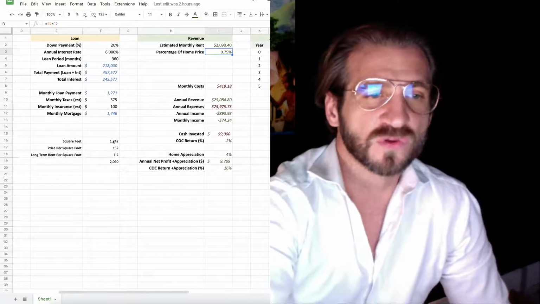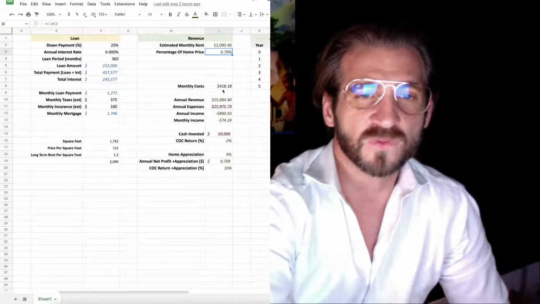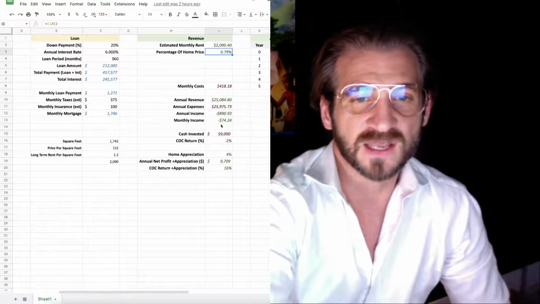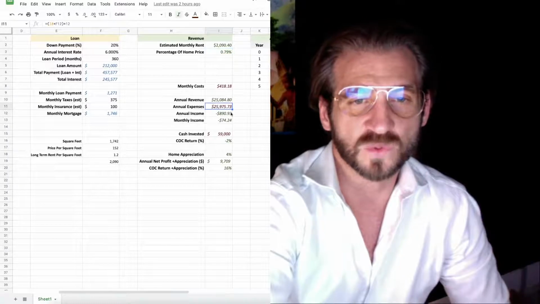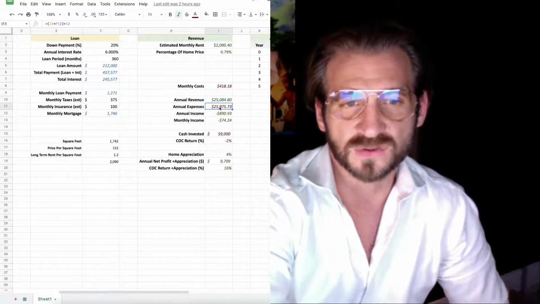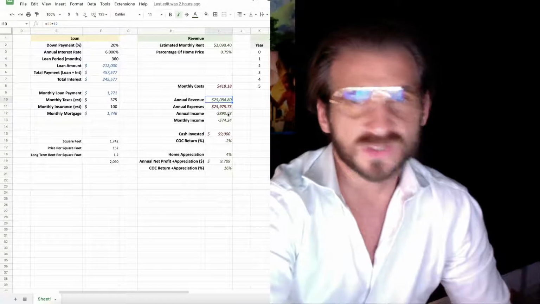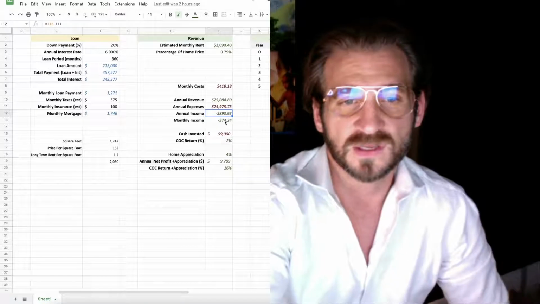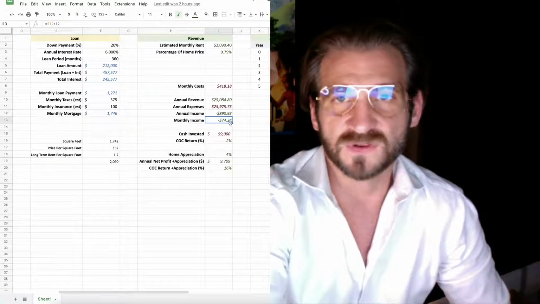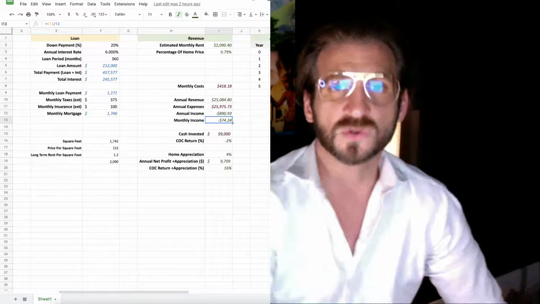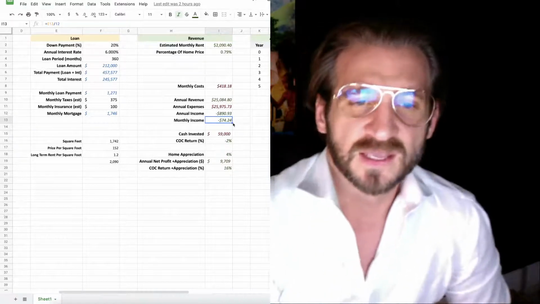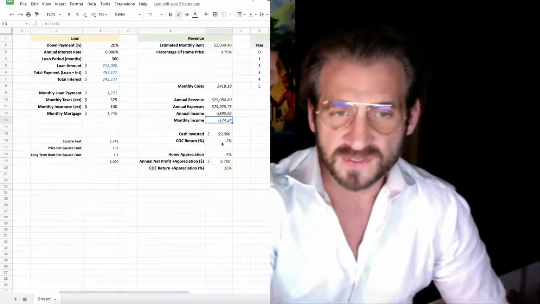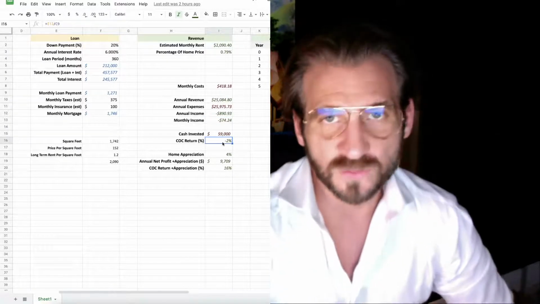And then if you throw in that $1,746 on top of that $400 a month you're having to pay in monthly fees, then you're looking at an annual expense of almost $26,000. But your revenue is just over 25, so you're actually almost losing $900 a year, or $74 a month, is what you'll be losing in money. And if you invested $59,000, and with this amount of return, you're going to be doing -2% cash on cash